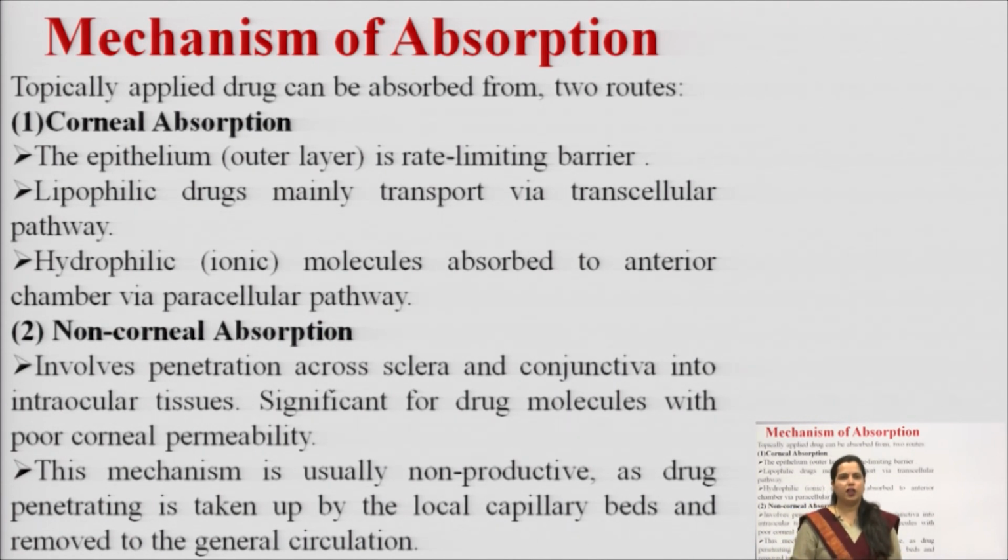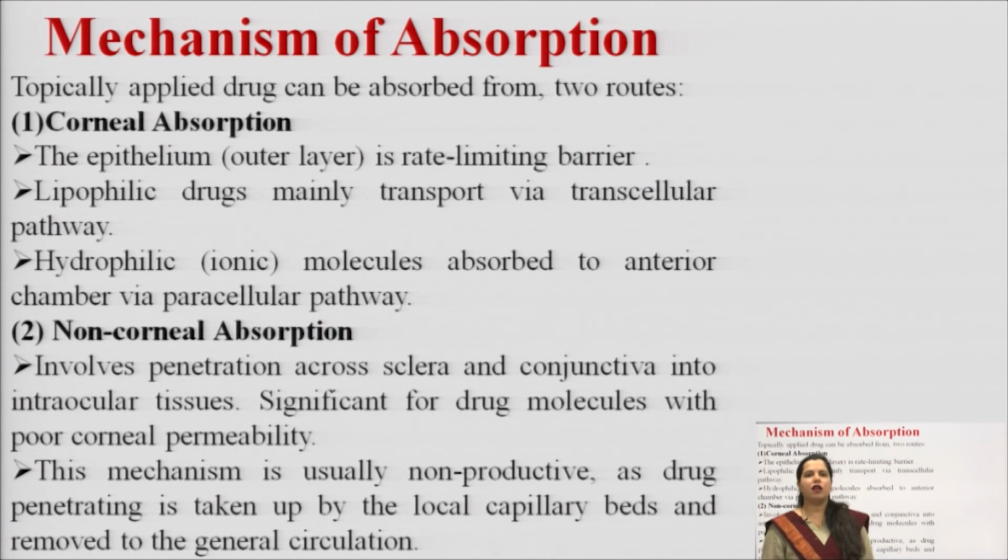Non-corneal absorption includes penetration across the sclera and conjunctiva into intraocular tissue. That means the absorption is taking place through the sclera and conjunctiva in this non-corneal absorption route, right. It is significant for drug molecules with poor corneal permeability, right. So, we can use this approach for drugs having difficulty crossing the cornea due to their physical or chemical